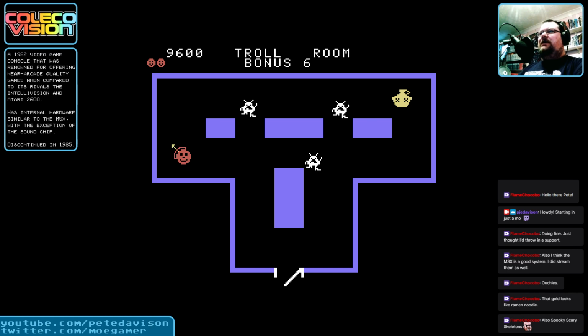Alright, this one, seemingly impossible to begin with, but then, after you've been in there for a few seconds, those walls open up, let the trolls out, but also give you access to the treasure as well, so...